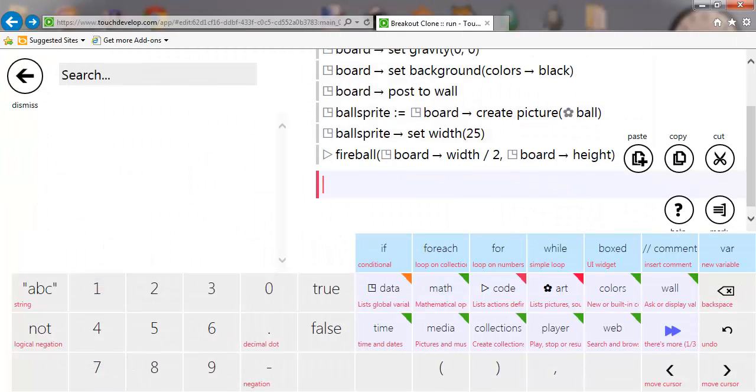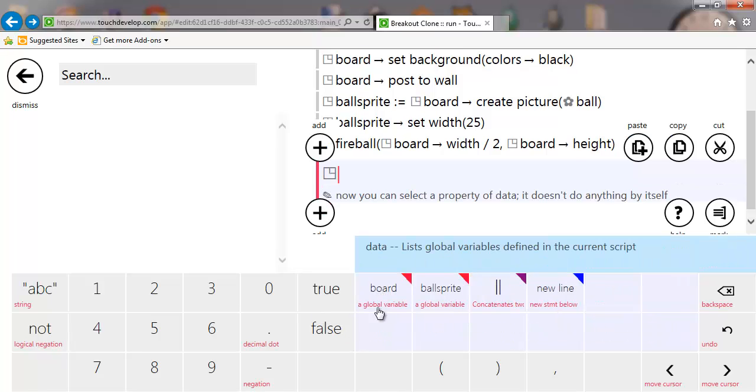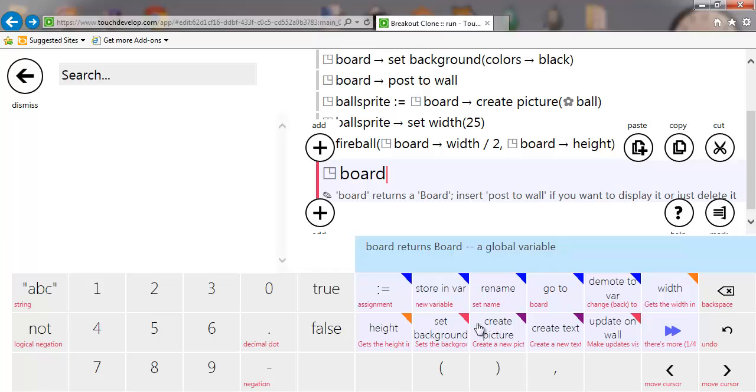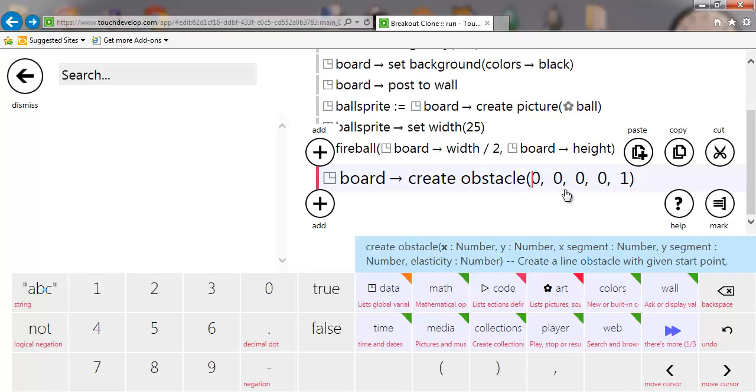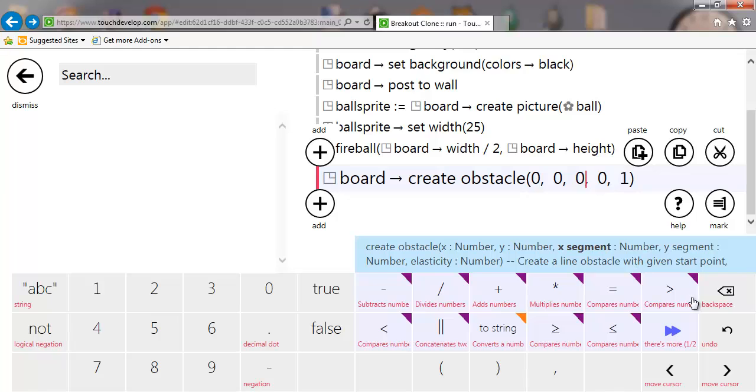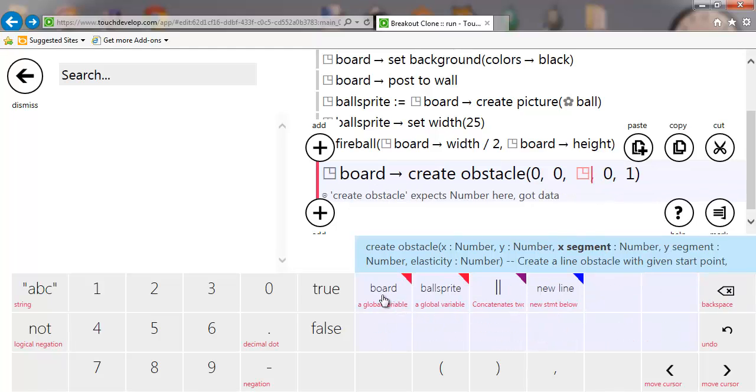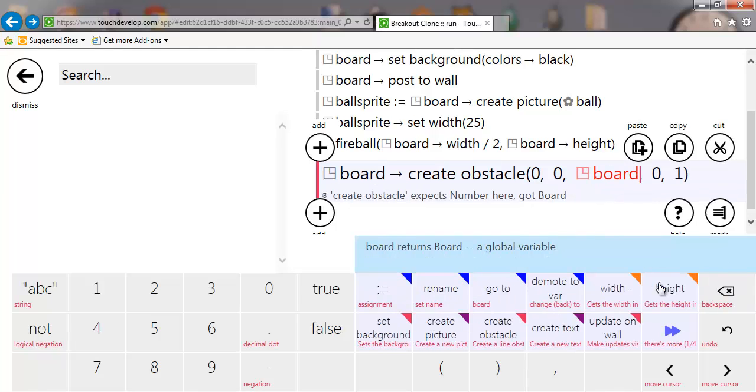Right, what we want to do is stop it going out the three sides. So we could use if statements to do that like we did in Pong, but you can create obstacles in TouchDevelop. So if I do board, we've got something called create obstacle, and we specify here x, y positions. We specify the length of the x and y as well. So what I'm going to say here is 0, 0, which is the top left hand corner. I'm then going to say board height, so